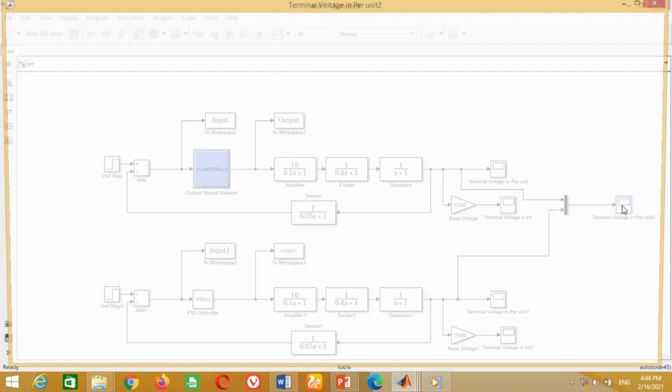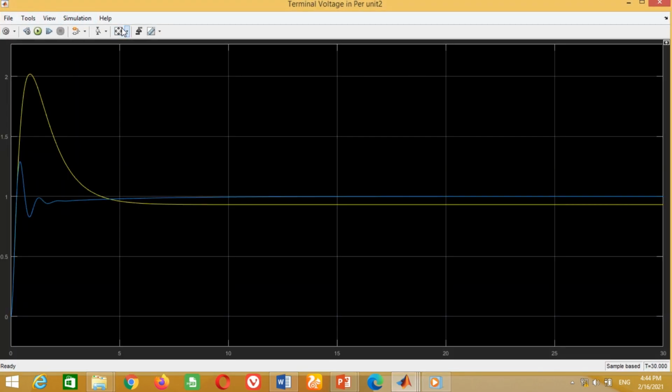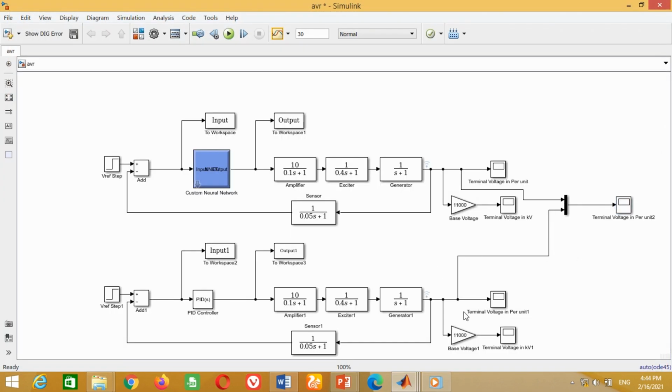It may be seen that now both graphs are combined. Therefore, we can compare the performance of both controllers. The blue color shows the response of the PID controller, whereas the yellow color shows the response of the ANN controller. It may be observed that in this situation, the response of the PID controller is better than the response of the ANN controller. It is because we have not performed the successful training of the ANN. When the training of the ANN is successful, then the response of the ANN controller will be better than